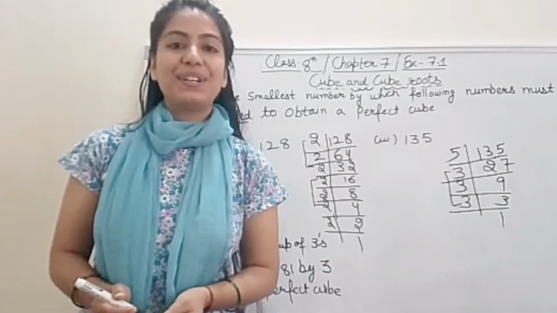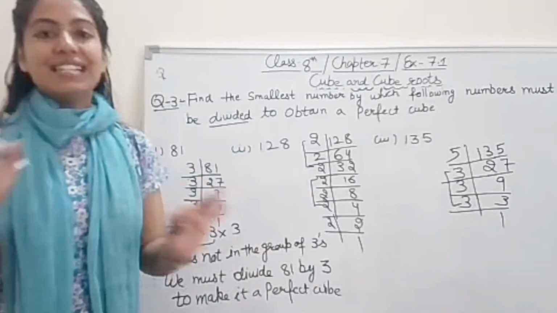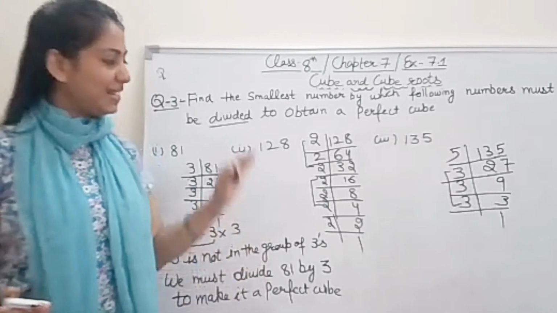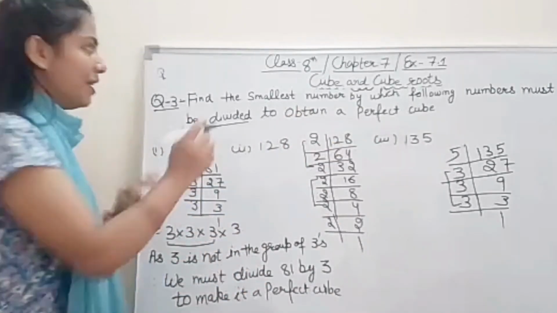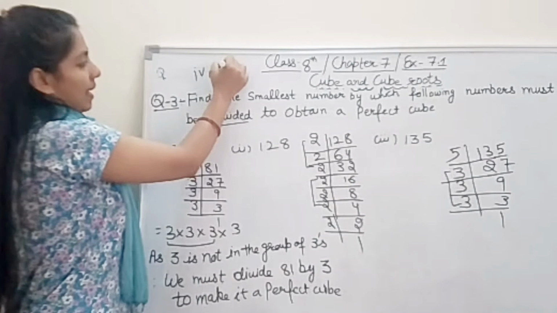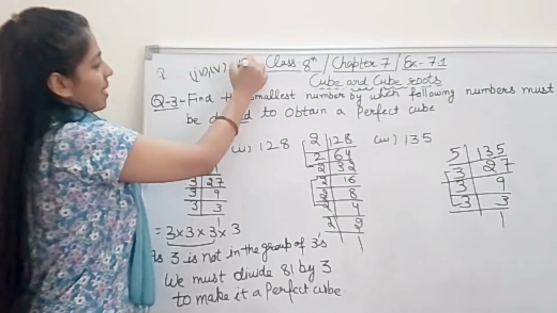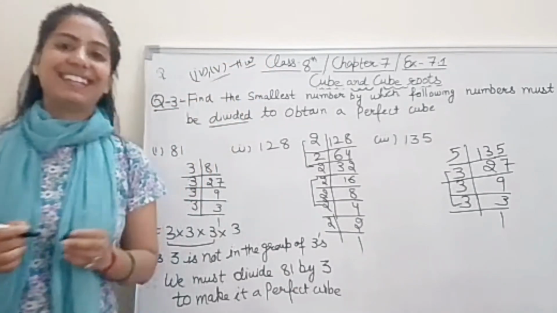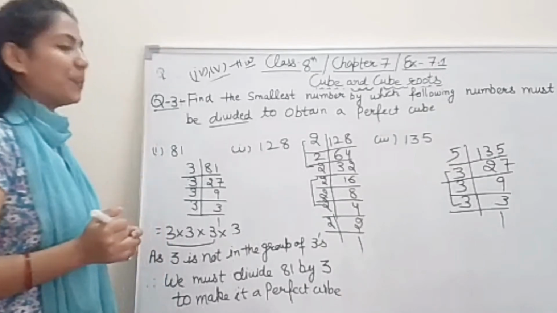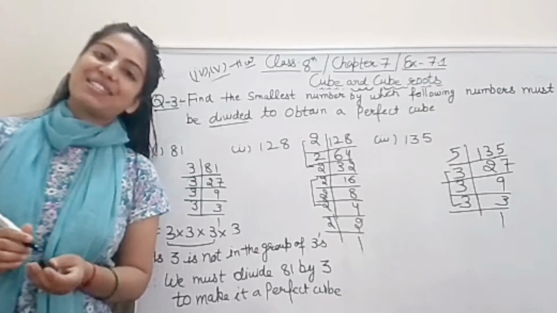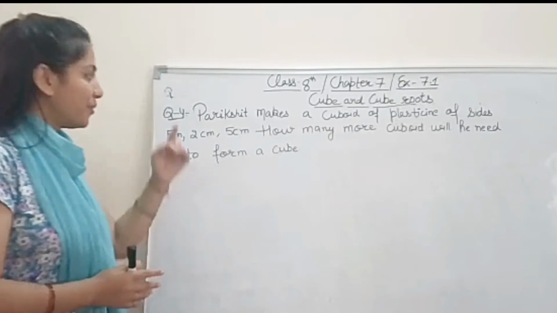That's it, student. As you can see, the questions are very simple, right? So parts 1, 2, 3 are done. The fourth and fifth parts are homework for you because the questions are very simple, student, right? So this is all about question number 3. Now coming to our last question, question number 4.